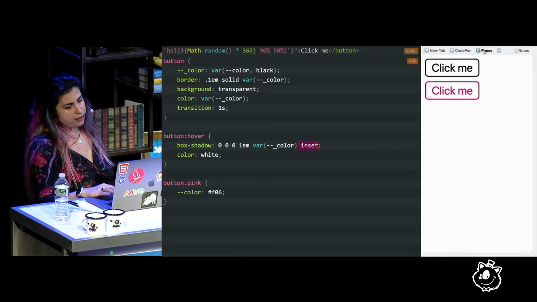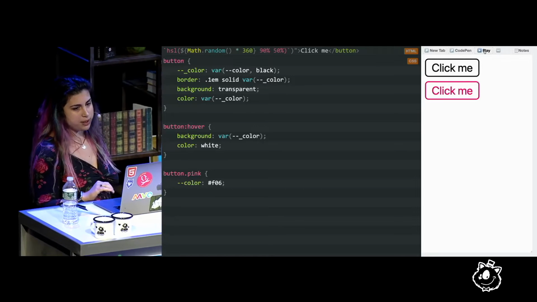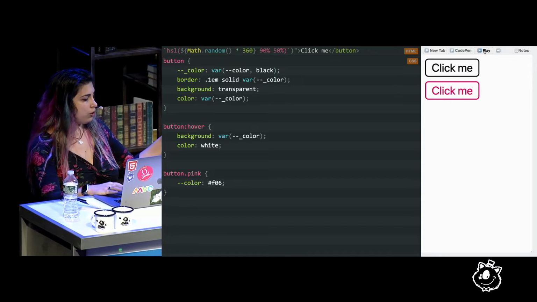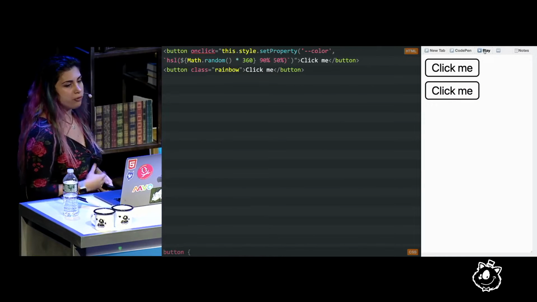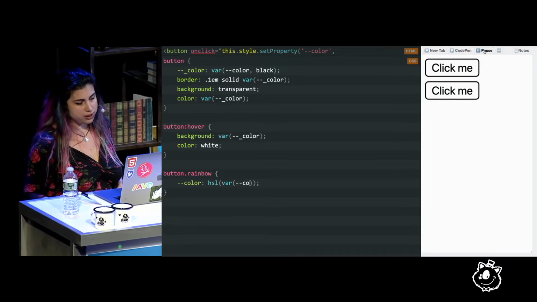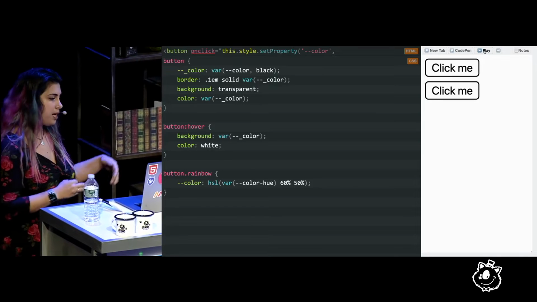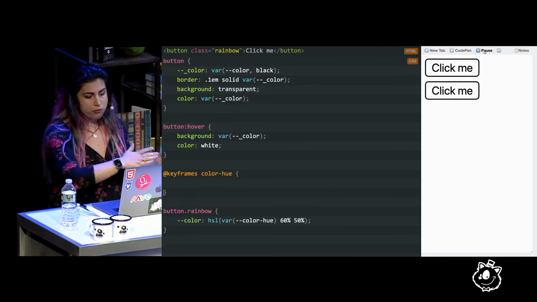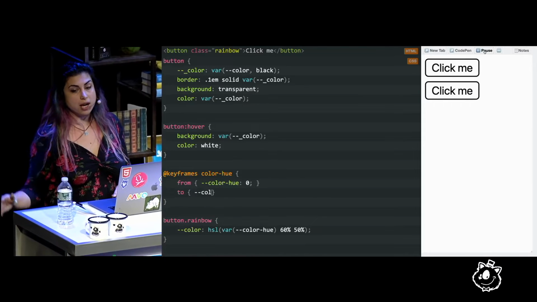Now let's go back to the previous code because I want to show you something else. Let's remove this transition to keep things a bit simple. And now let's suppose that what we wanted to have, instead of a color with a certain fixed main color, we wanted to have a rainbow variation where the button actually animates through a variety of colors. And our first thought for that might be, well, you know what? I'm going to have a color hue variable, and I'm going to animate this to go through different hues. And for debugging purposes, I'm going to make it go from 0 to 180. And the eventual intention is to make it go through the entire range of hues.